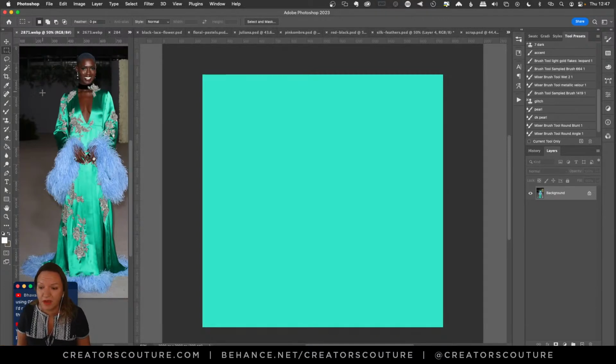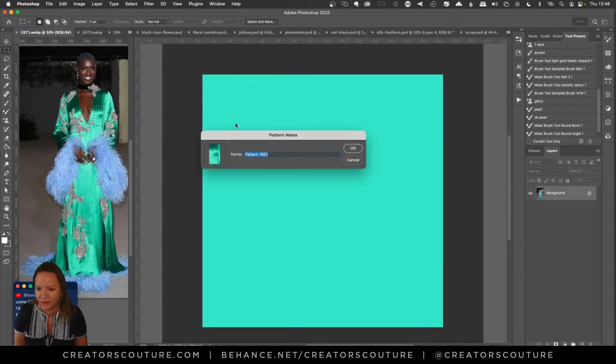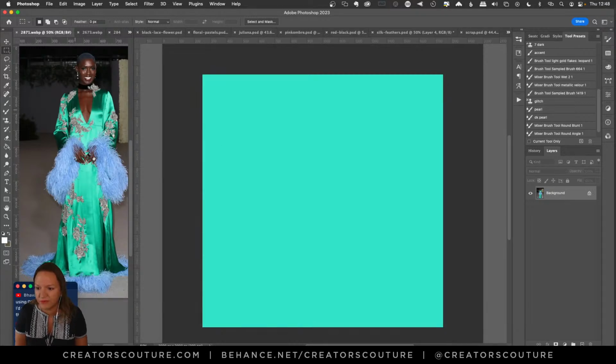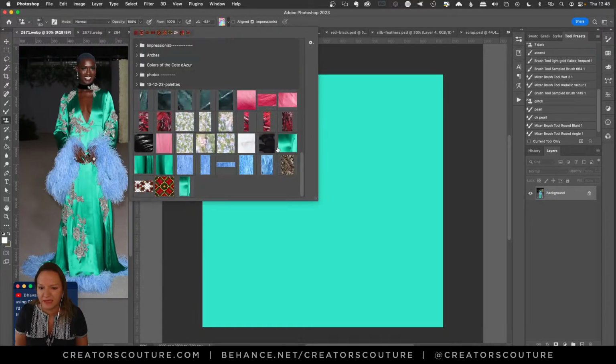So I wanted to make some multicolor palettes in the way that I would for my pattern stamp brushes. So I'm grabbing my rectangular marquee tool. And what I did was I just selected some areas of the green silk that I liked, made a little selection, and I went Edit, Define Pattern, or for me, I use a keyboard shortcut, Command M. So I created a few patterns like that, and you can see which ones I sampled here. So I just did a few from the silk.